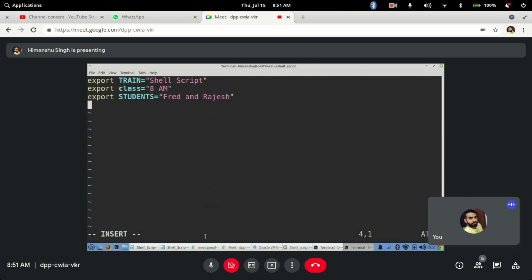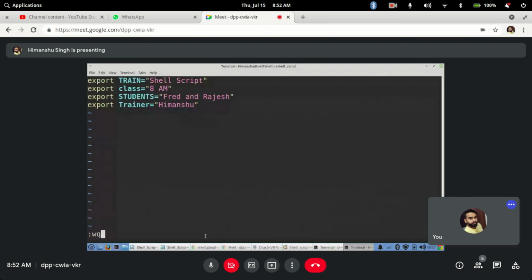Any case you give, but make sure that case has to be used. Okay, now I have defined it in a file and saved it.